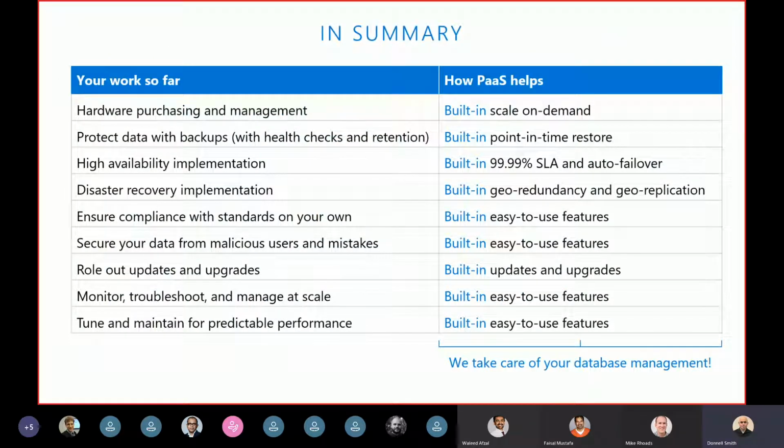So in summary on this material, like I said, I want to get into a little bit of a demo and then a couple other best practices as well. But in summary, the aspect is that you have what you currently do versus what the PaaS can help you with. So currently, from an infrastructure perspective, having to purchase and manage your infrastructure,